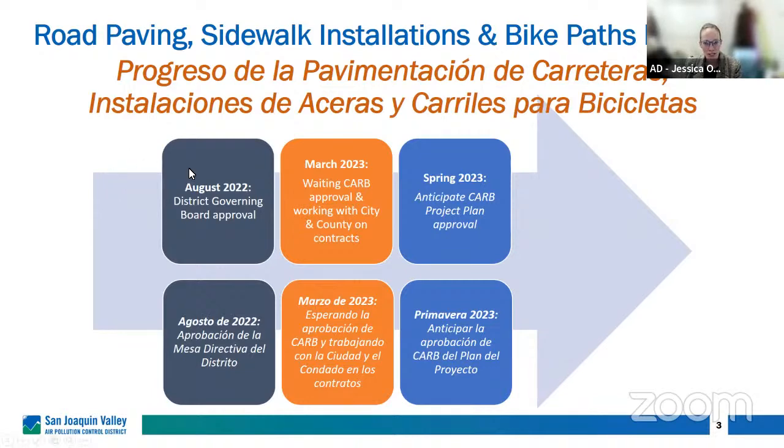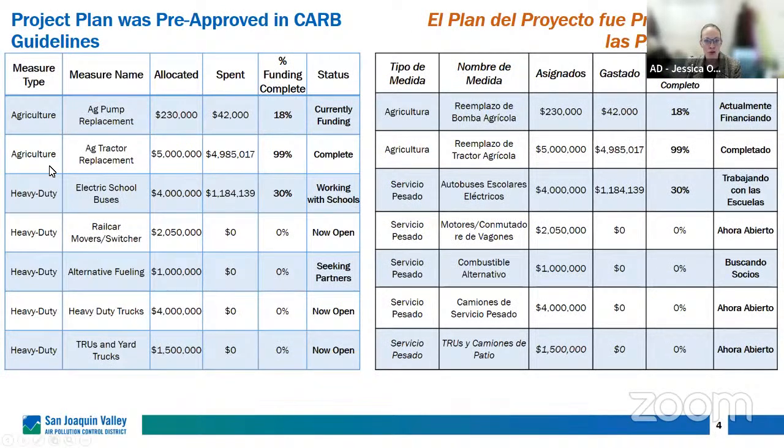So I'll go ahead and go to the next slide and talk about pre-approved guidelines. If you recall, we talked about how all the incentives projects are broken up into sort of 4 categories. One was pre-approved, so it was in the CAP guidelines already. And you all know this because we moved forward with these projects very quickly, and we were able to fund a lot of these projects very quickly. Most of these are heavy duty projects, like school buses and rail car movers, or agricultural projects like replacing ag pumps for irrigation or tractors. So a lot of this hasn't changed